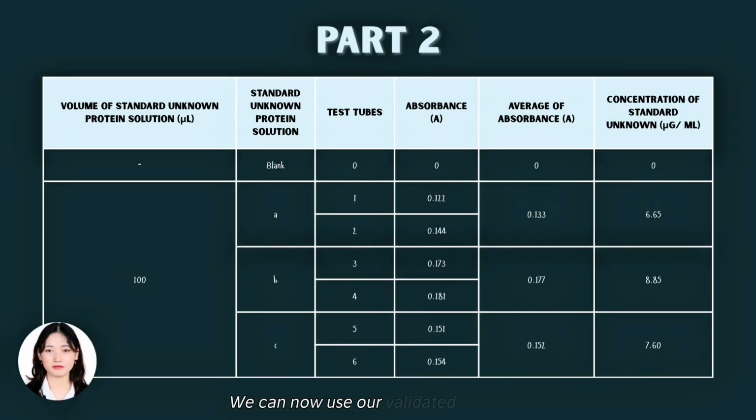line. We can now use our validated equation y equals 0.02x to find the concentration of our unknown samples A, B, and C. We rearrange the equation to solve for x, our unknown concentration, by dividing the measured absorbance y by the slope 0.02. For example, unknown A had an absorbance of 0.133. Substituting that value gives us x equals 0.133 divided by 0.02, resulting in a final concentration of 6.65 micrograms per milliliter. Following this process, we successfully estimated all three unknowns, finding that unknown B was the most concentrated sample at